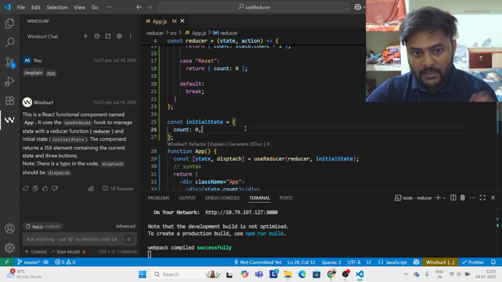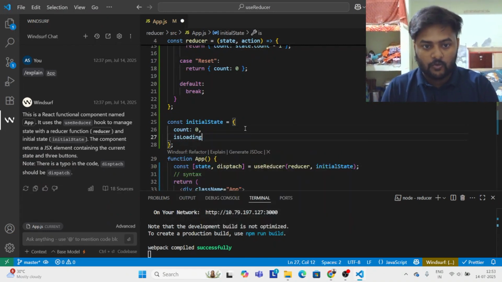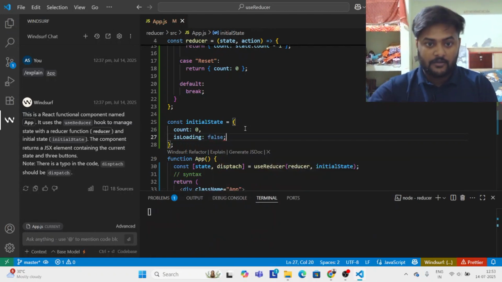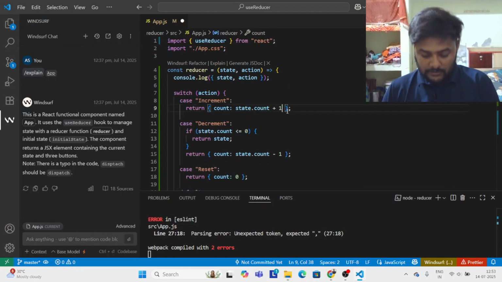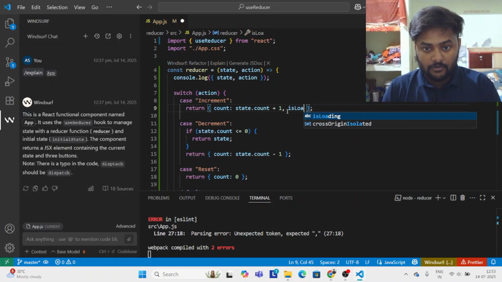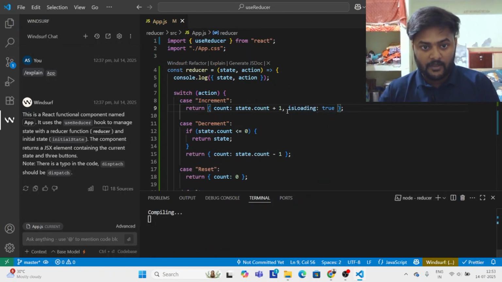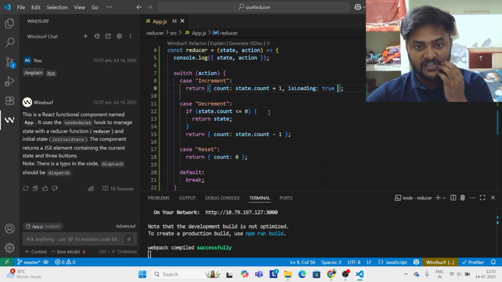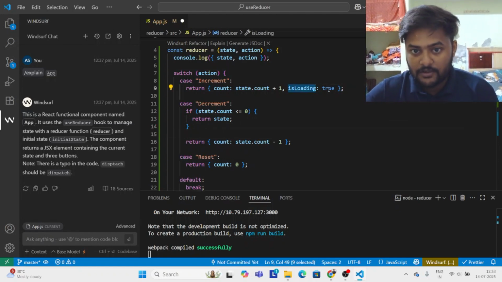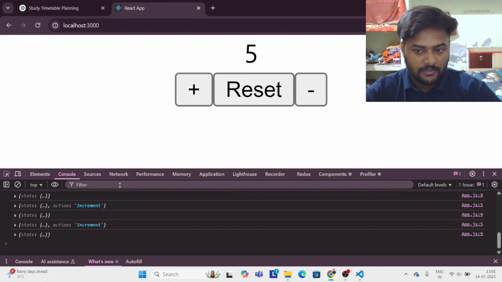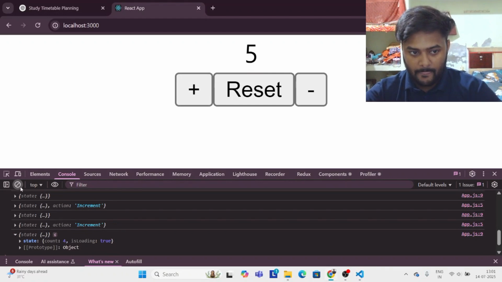मेरे दोस्तों ये वहाँ पे काम नहीं करेगा जब मान लो यहाँ पे एक और स्टेट हो, राइट? अगर यहाँ पे एक और स्टेट हो, और मैं चाहता हूँ इस स्टेट के अंदर काउंट के साथ साथ इस लोडिंग ट्रू हो जाए, समझ आ रही बात? अब क्योंकि मैंने इंक्रीमेंट किया है और इस लोडिंग ट्रू कर दिया, तो लाइन नंबर 9 में हम देखेंगे कि इस लोडिंग ट्रू हो गया।